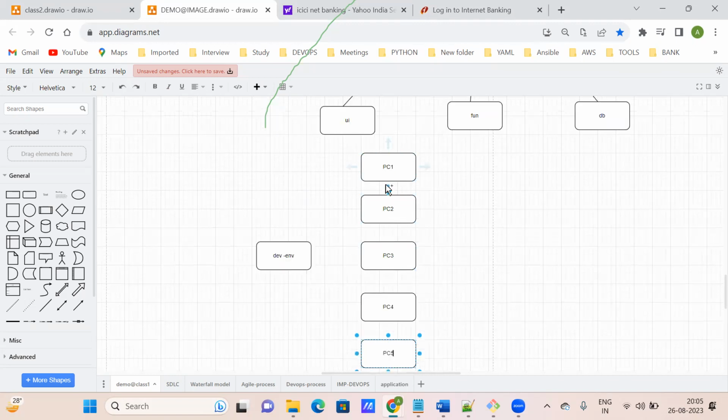In this server, we have to set up. Developer people will not set up. It is our job as a DevOps engineer to set up this environment, and we need to give them the infrastructure. Infrastructure means this server, what we have to do, we have to set up the server, correct?